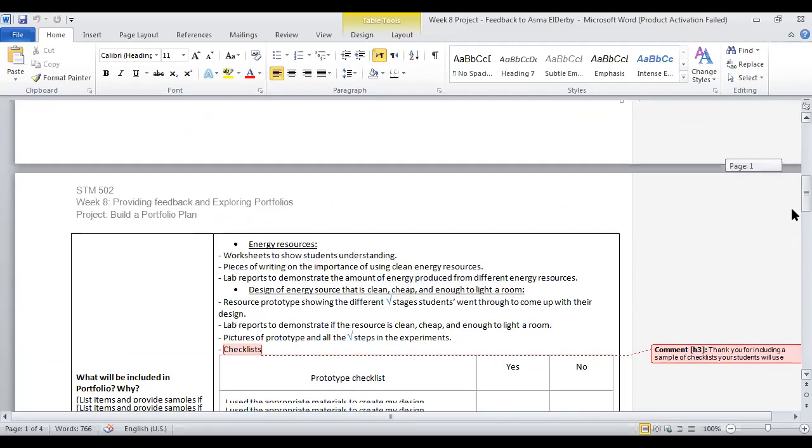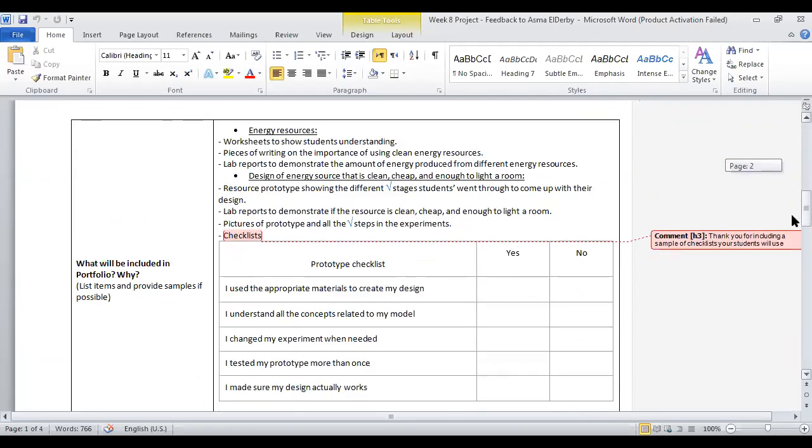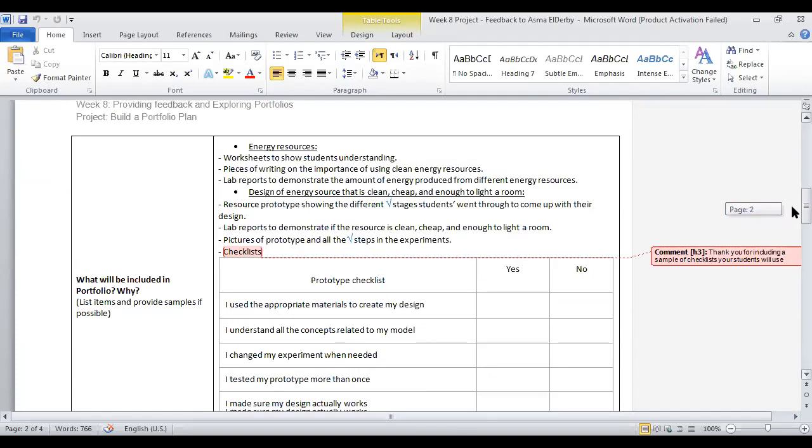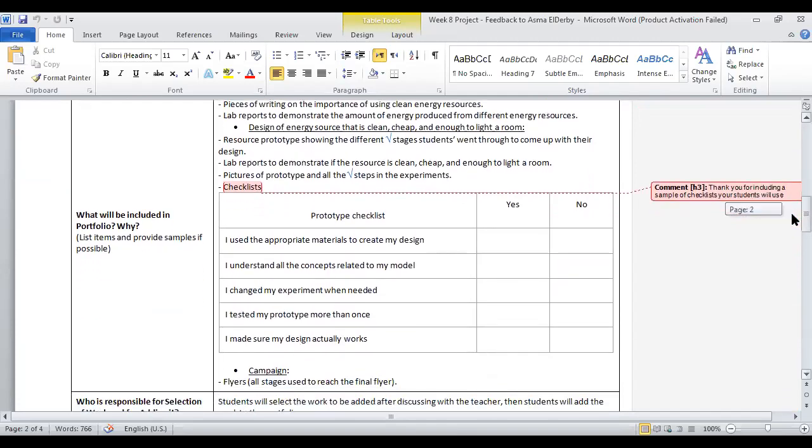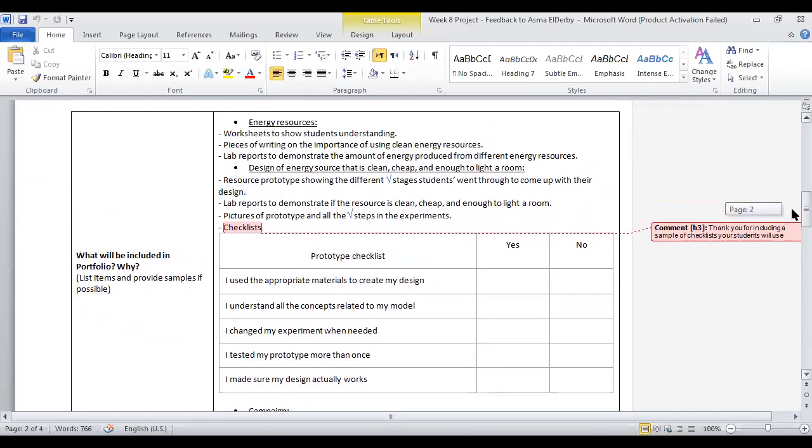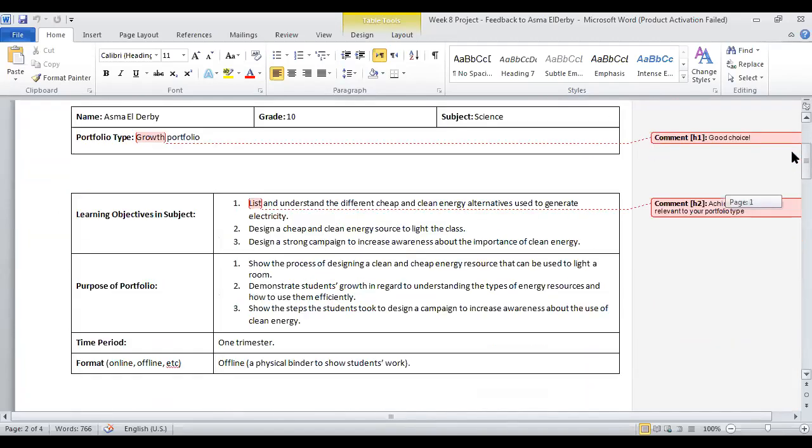So I'll go back, but I just want to show you the items that the teacher chose to include in a growth portfolio. Because again, this portfolio needs to show the students' progress when it comes to learning and meeting these objectives that the teacher specified at the very beginning. So here she decides that she is going to ask the student to do the following. Since he is going to design a cheap alternative source of clean energy to light the class,